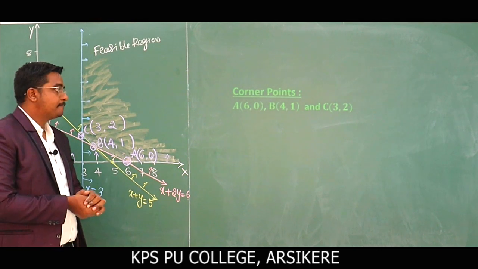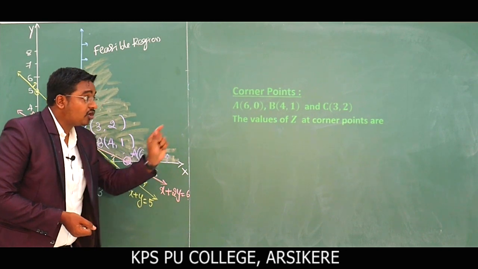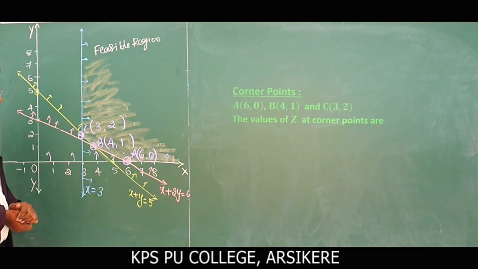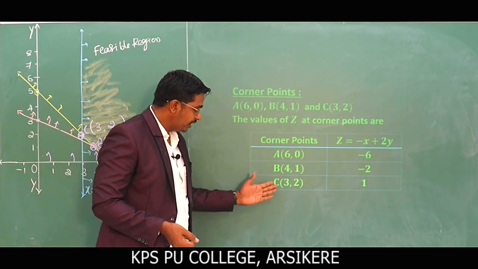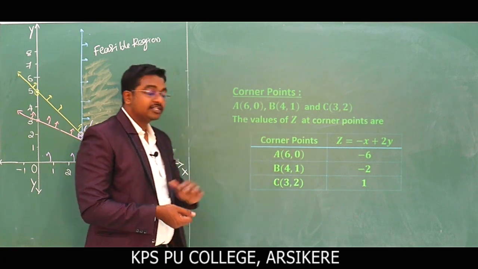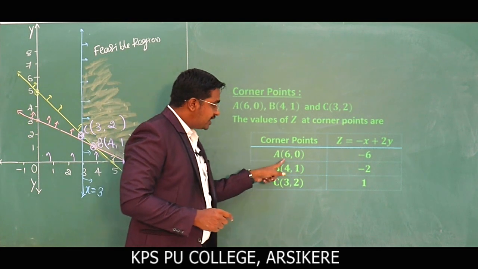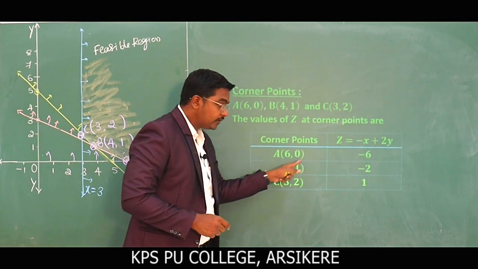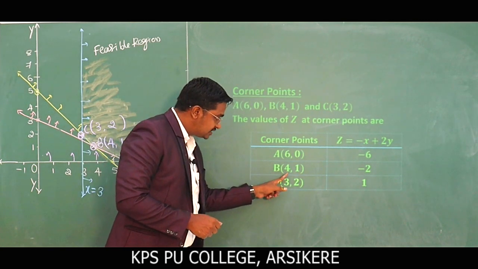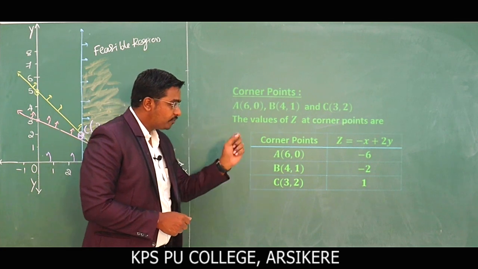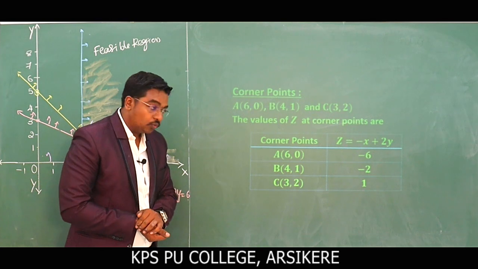Then the values of z, the objective function, at the corner points are as follows. The objective function is z is equal to minus x plus 2y. When you substitute x is equal to 6 and y is equal to 0, you obtain minus 6. For B of 4, 1, substituting x is equal to 4 and y is equal to 1, you obtain minus 2. When I substitute x is equal to 3 and y is equal to 2, you obtain